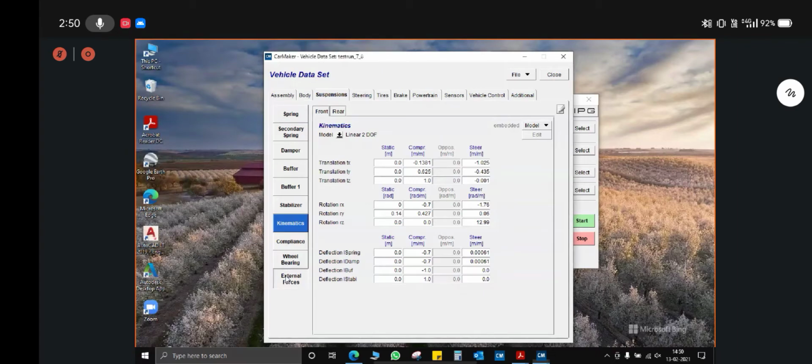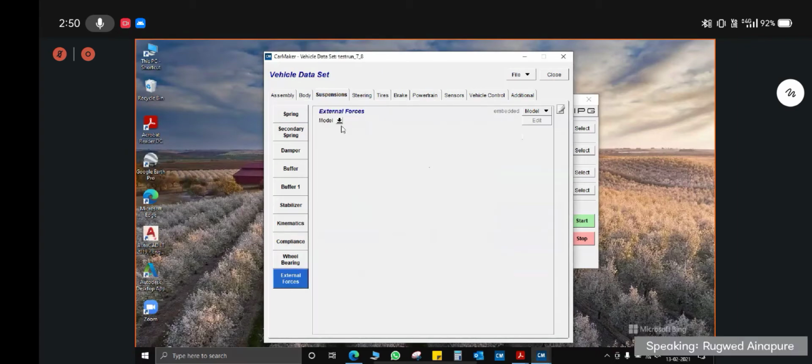For external forces also, you can refer to the user's guide or the reference manual to see the details. Basically, external forces can be added at any point, for example at the mounting point of your spring or damper. External forces can also be used for reverse engineering, or rather, I will say, for optimization.